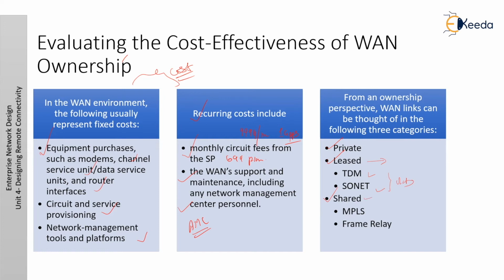Okay, now come to shared. A shared WAN shares the physical resources with many users. Carriers offer a variety of circuit or packet switching transport networks such as MPLS and Frame Relay. The provider provisions the circuit and provides the maintenance. Linking LANs and private WANs into shared network services is a trade-off among cost, performance, and security. Designing an ideal network optimizes the cost advantages of shared network services with a company's performance and security requirements.